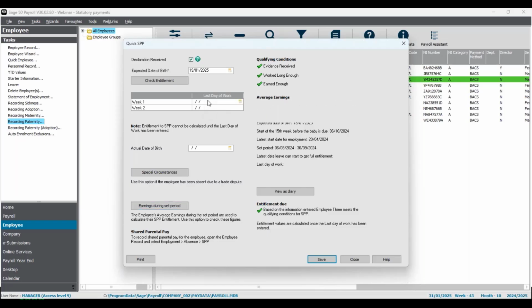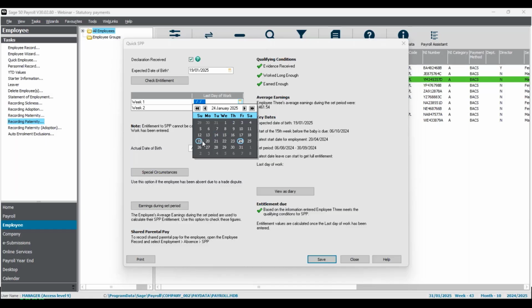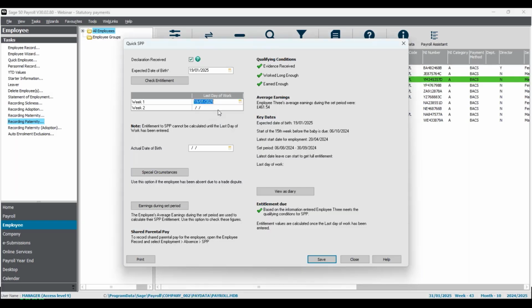If the employee's only taken that 1 week, only enter this one. And then if they're taking both, of course, enter both dates. And they can be taken non-consecutively. So if we put these in now, the employee's last day of work for week 1 was the 19th of January. And for week number 2, they actually want to take this a little bit later on in